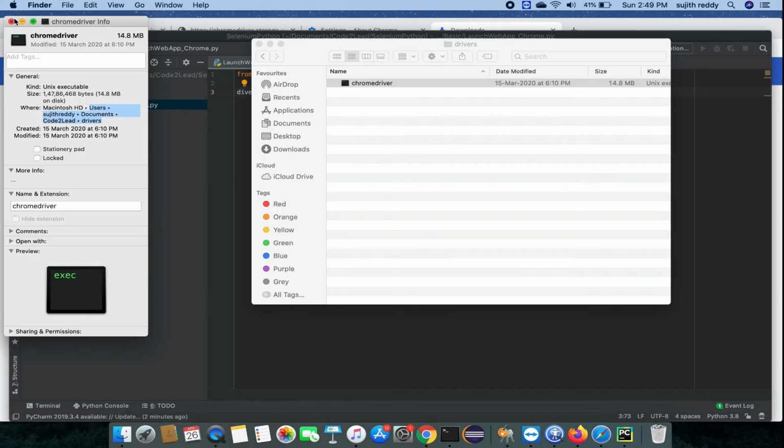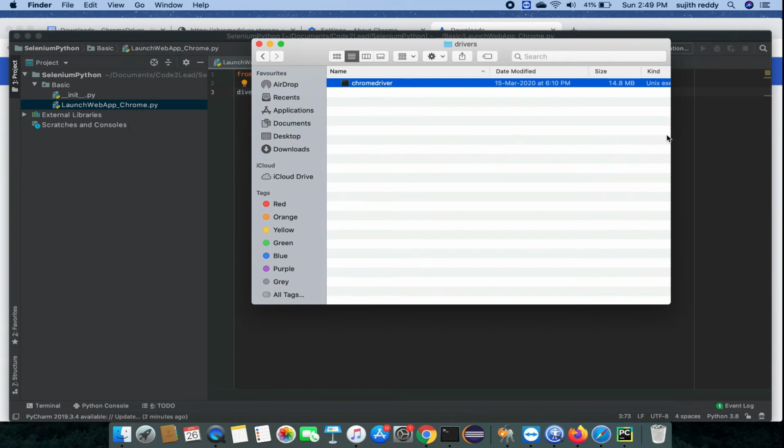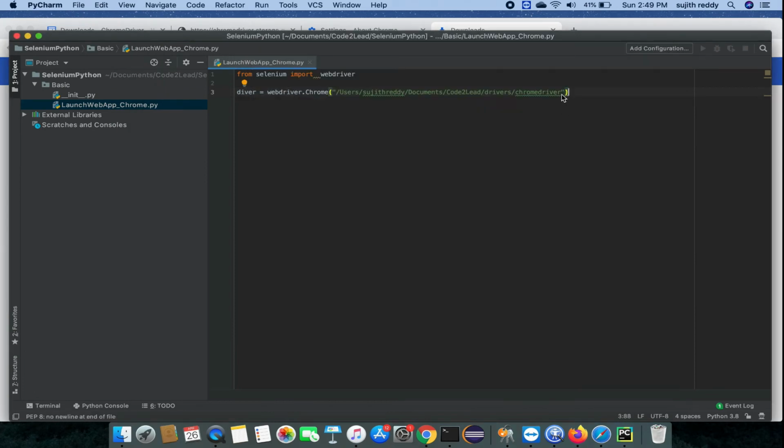On the Mac we don't need to keep the file extension .exe, but on Windows we need to mark this .exe file. On the Mac we don't need to give that file extension. Now we have created our driver object.